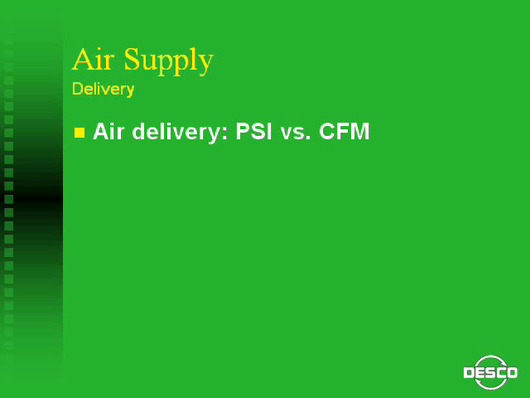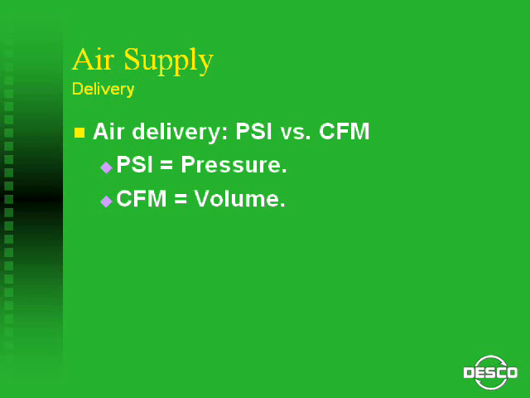PSI versus CFM. Pounds per square inch, or PSI, is air pressure. Cubic feet per minute, or CFM, is air volume. Understanding the difference is critical to effectively using pneumatic tools. Key point: